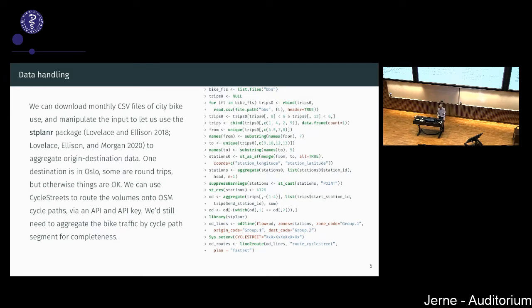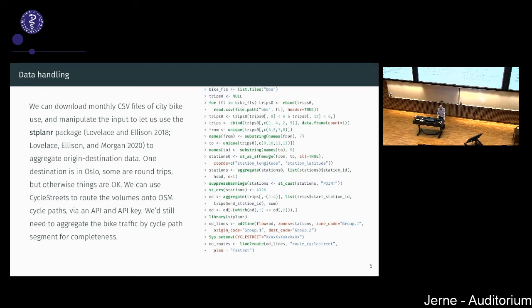Even more complicated things, city bikes. Copenhagen also has city bikes, so this is using CSV files, which I could also download in a script, for city bikes in Bergen. This is for the accumulated list of journeys by city bikes from the beginning to very recently, the middle of February.